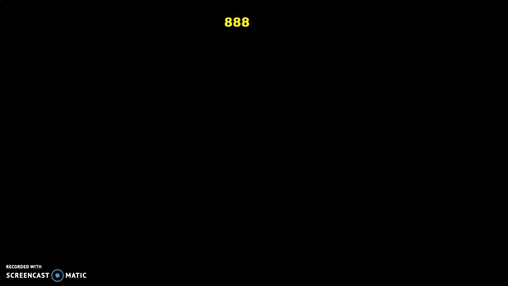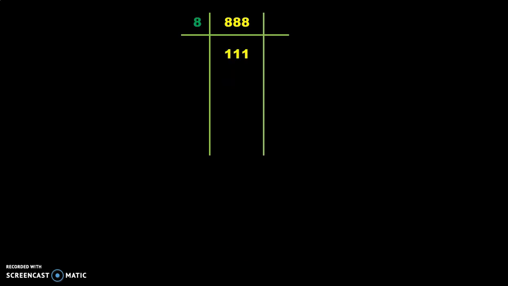Suppose we take one more decimal number, and that is 888. Now to convert this decimal number into an octal number, we know that we have to divide repeatedly by 8. So we use the ladder method. We divide by 8 and the quotient will be 111. In this case, the remainder will be 0. Again, if we divide 111 by 8, then the quotient will be 13, and in this case, the remainder will be